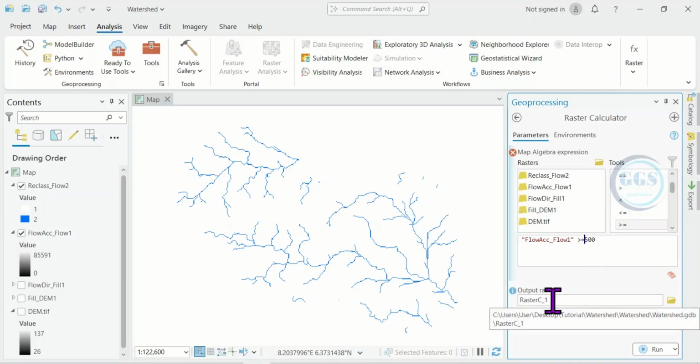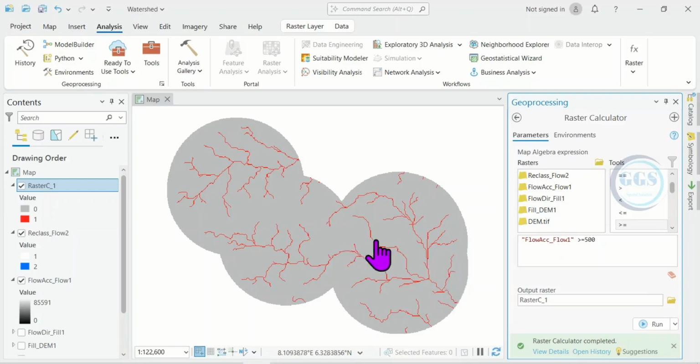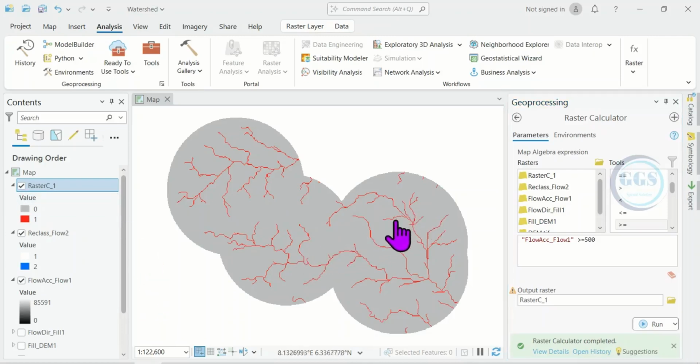Then our output, we can leave it as raster C, for example, or you can give it a specific name. So click on run. So this will extract drainages at greater than 500 raster value. Yes, you can see it has extracted the drainages at greater or equal to 500 raster value. So we have it here. So the next action is to find the stream order, and to do that, just go back a step to your